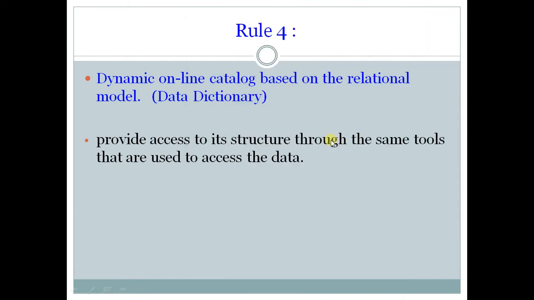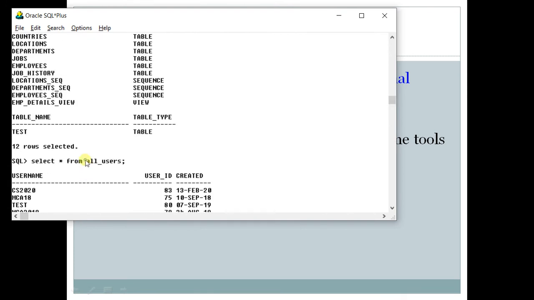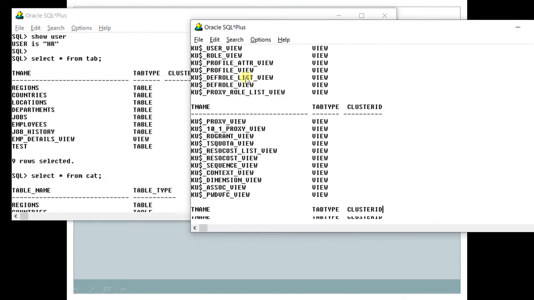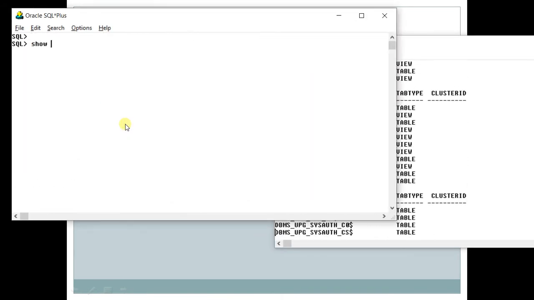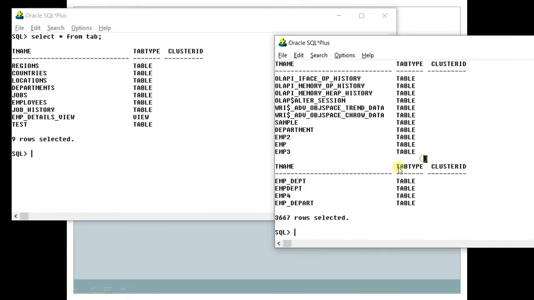So our tables all underscore users, cat, tab, they all are in this list only. But when you log in with a normal user like this, show user HR, and you do select star from tab, they are not visible. Now you can see there are around 3600 data dictionary tables.